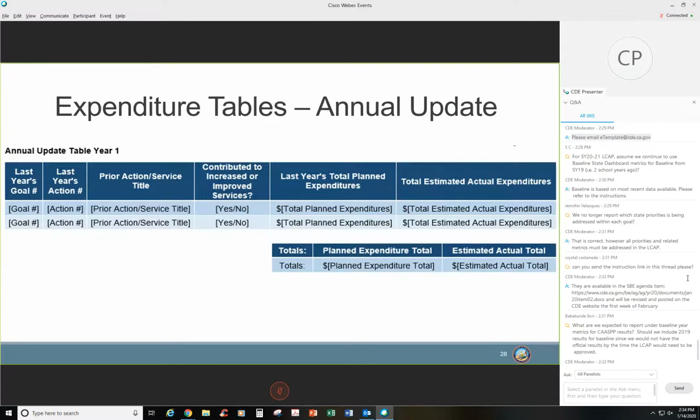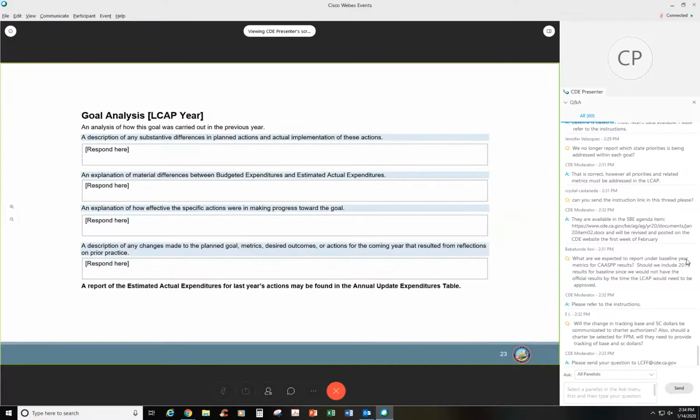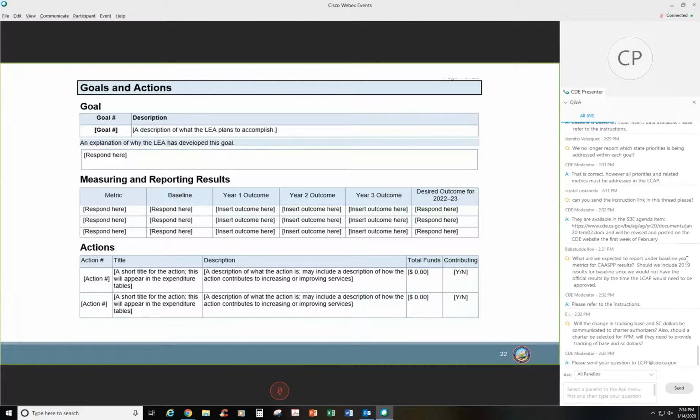There's a question about outcomes. I'm going to go back to the goals section. In the measuring and reporting results part in the middle, the metric is what's being measured, and the baseline is going to stay the same for the whole 3 years of the LCAP.